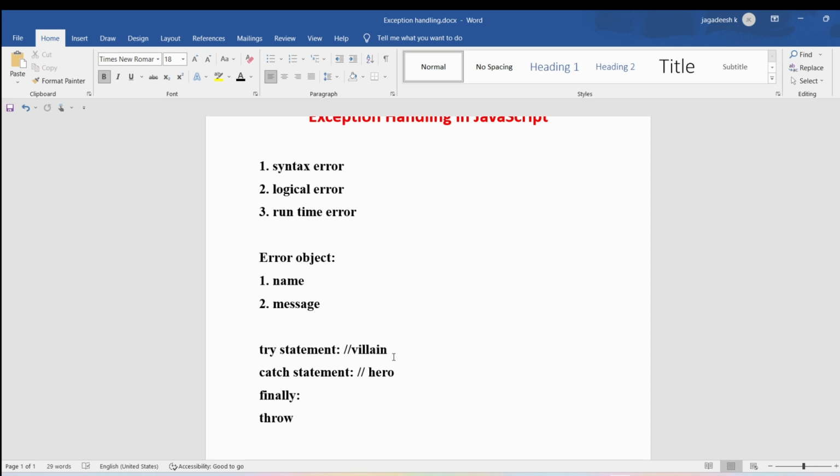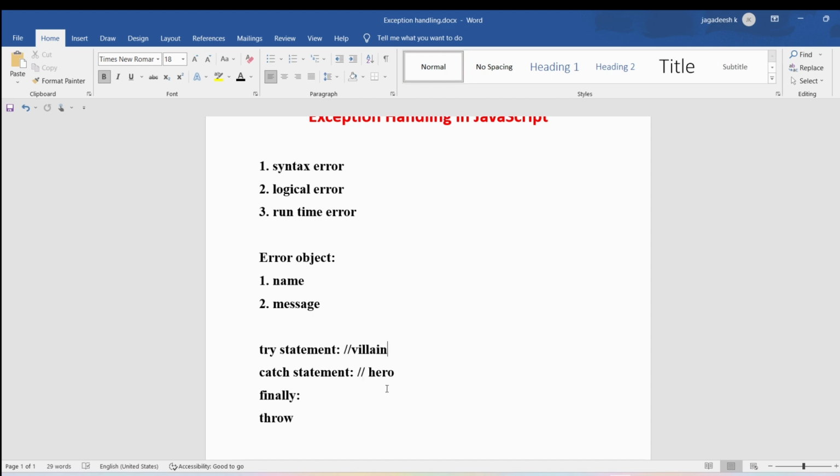If villain is doing very good, he is doing the charity, he is loving all his family members in the entire village, he is not beating everyone, he is hugging everyone, and he is helping everyone, then if the hero enters, the movie will become flop. So if there is no issue in the try statement, then the statements which are there in the catch statement will not be executed. Whenever there is an issue in the try statement, then only the appropriate catch statement will